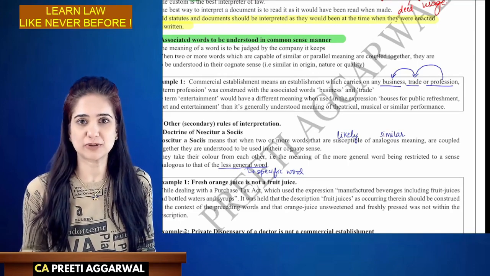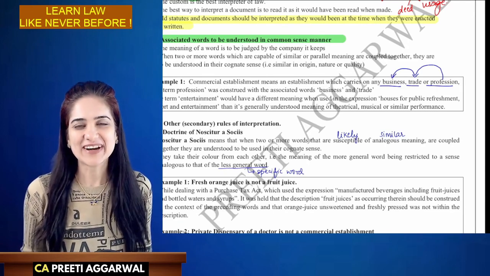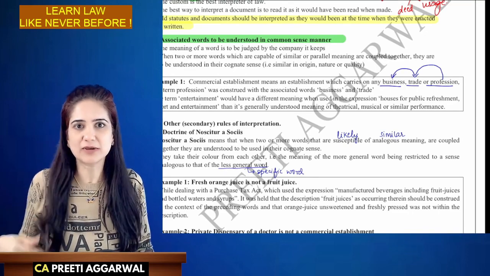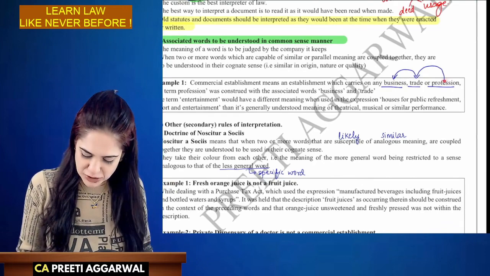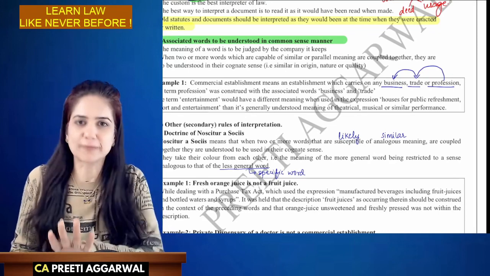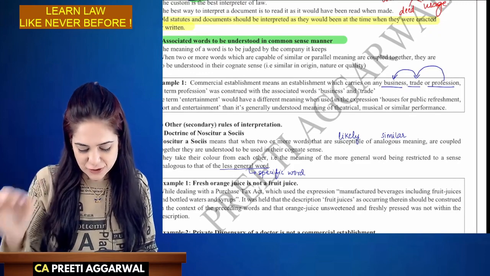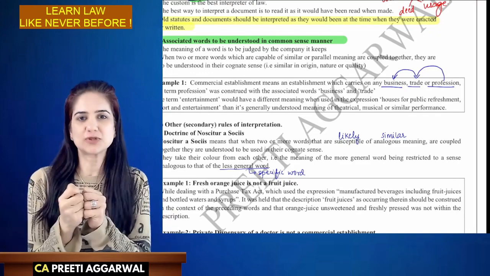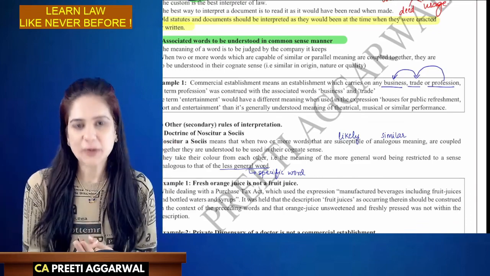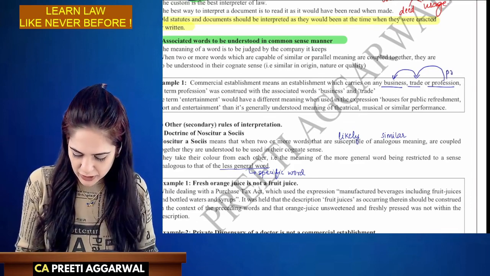I know I'm charging for the services that I'm providing, but I also need to run a house. I also need to survive. So even medicine, like doctors, they are also considered to be in a very noble profession. Generally, the word profession gives the impression that it is a non-profit business. But when the word profession is used along with business, trade, it derives its color from those words. So the associated words are to be used in the cognate sense. They are all to be used together. So when the word profession is used along with business or trade, this also indicates a